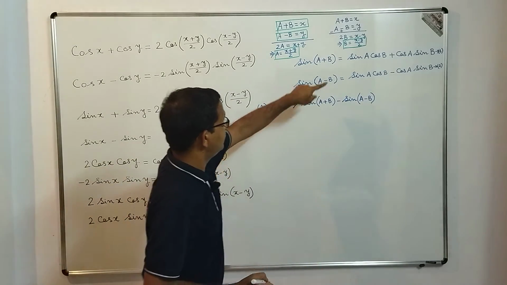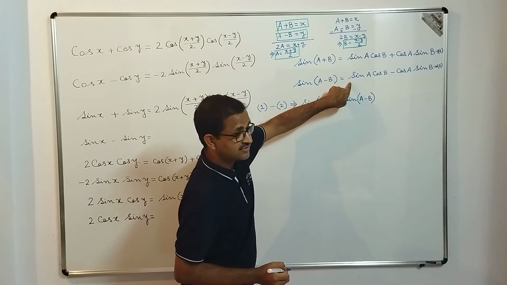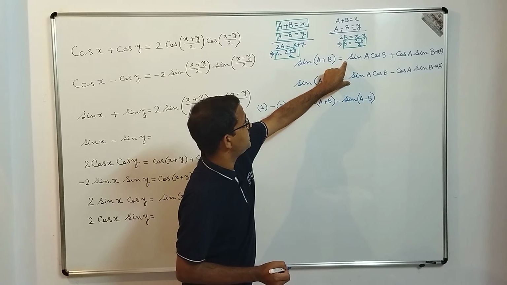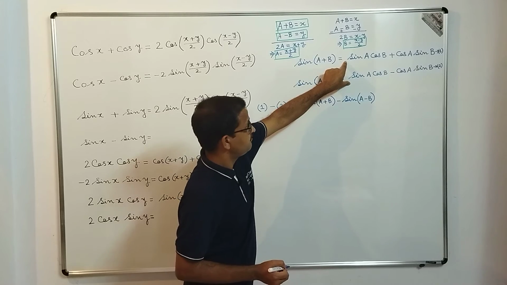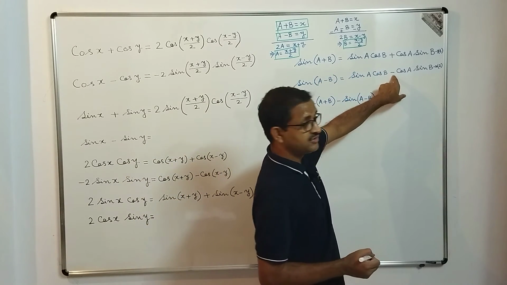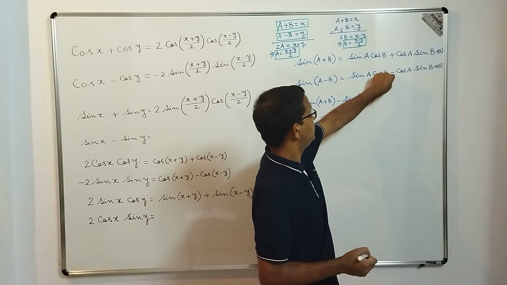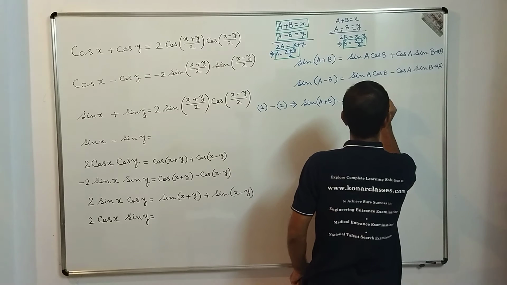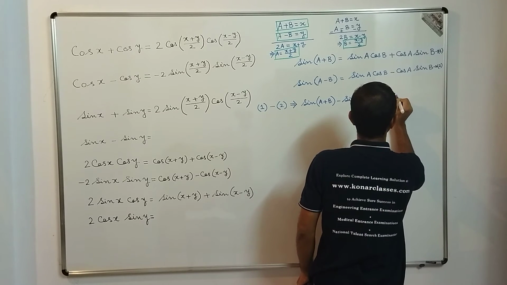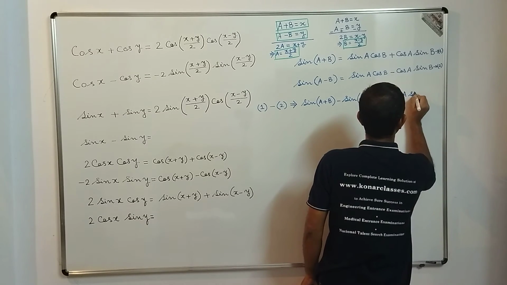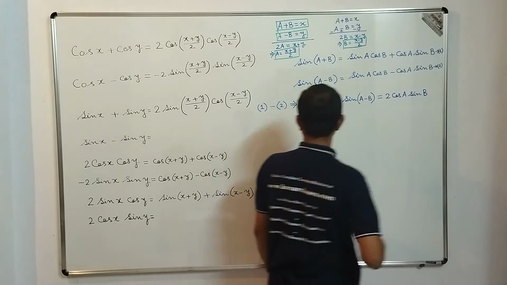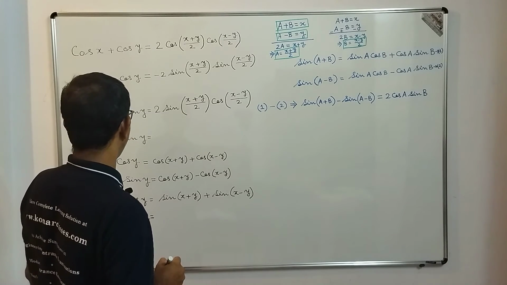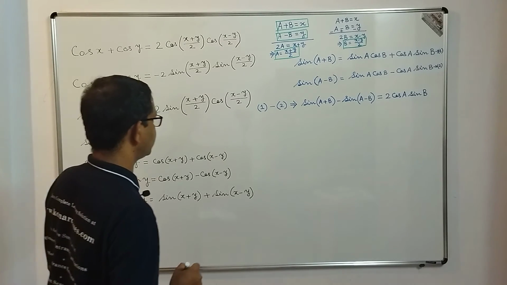And in the right hand side, this minus this, so sine a cos b will be subtracted, which means it will be 0, cancelled out, right? And minus cos a sine b will be positive in the second equation's right hand side. So cos a sine b plus cos a sine b will be 2 cos a sine b. So in the right hand side we get 2 cos a sine b. Correct, dear students? So what we get is that sine a plus b minus sine a minus b is equal to 2 cos a sine b.